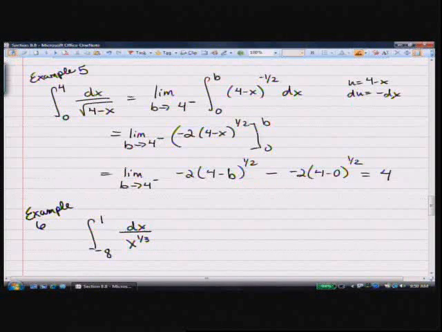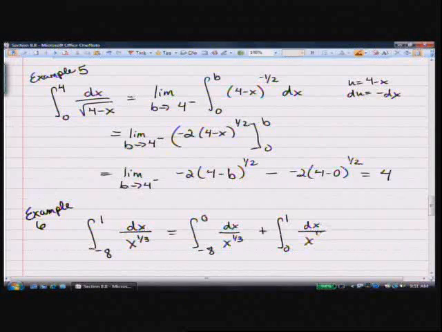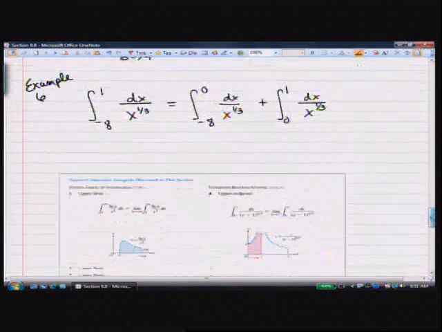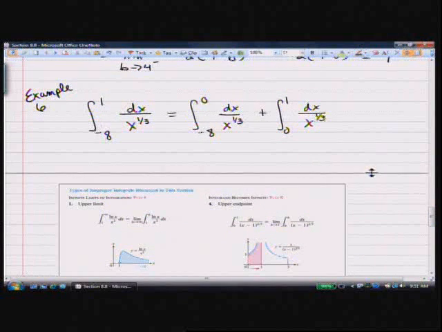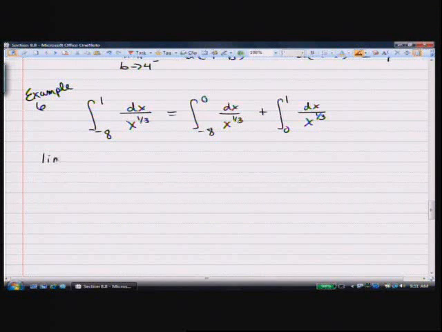Well, hopefully you're thinking that this function is not defined over the interval from -8 to 1. There is a problem at 0, right? So you need to split this up. You need to think of it as the integral from -8 to 0 plus the integral from 0 to 1. And then what you'll do is you'll look at the limit as